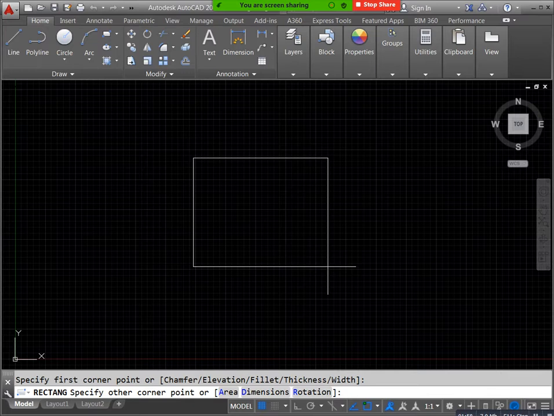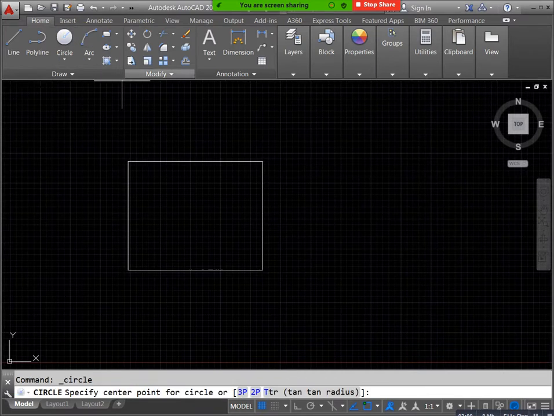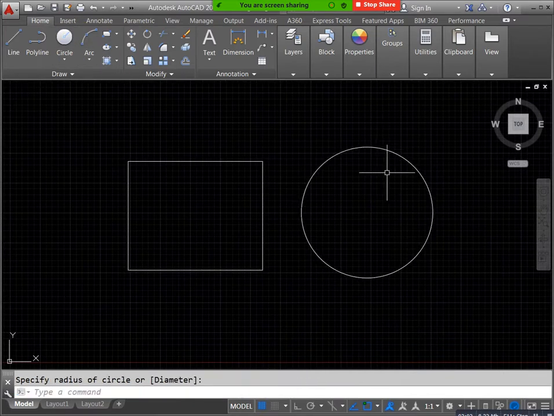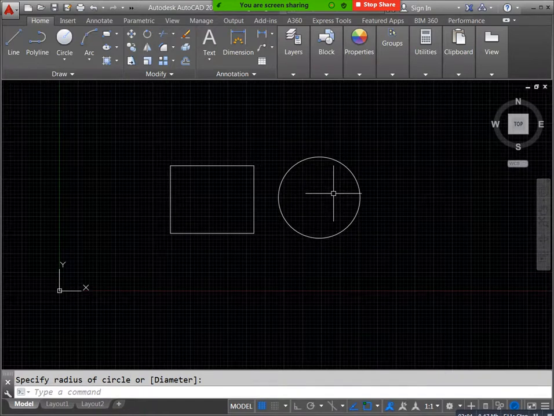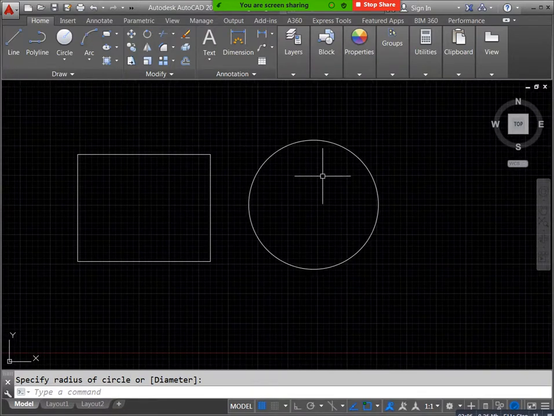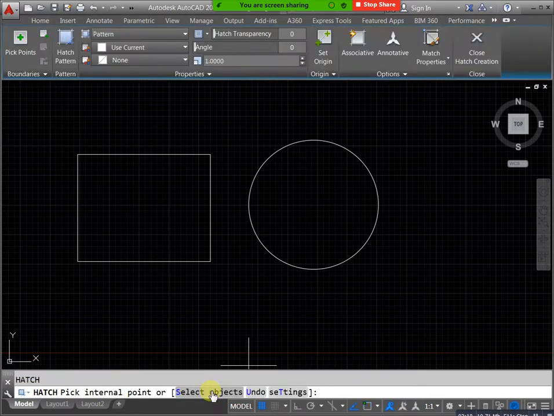This is one rectangle, one space, one area, and this is also one. Now for example, for these 2 closed profiles, I need to apply hatch. For the hatching application, you just need to type the shortcut H and press enter in the command box. After H enter, you can see our ribbon automatically changes. At the same time below it asks to pick an internal point. You can select that point.